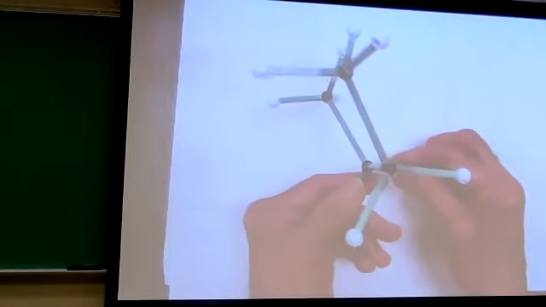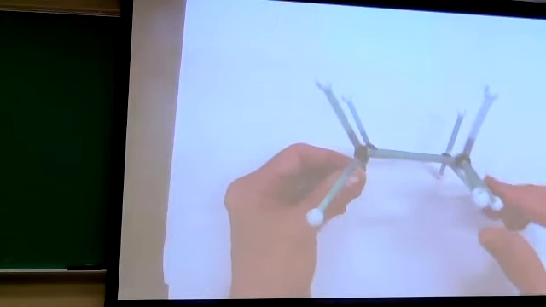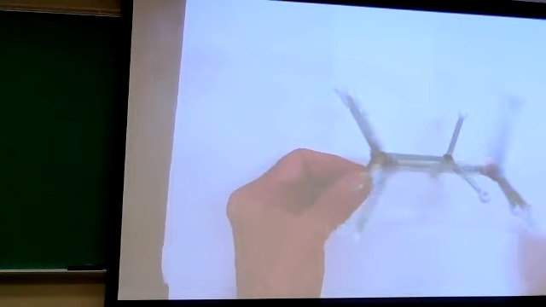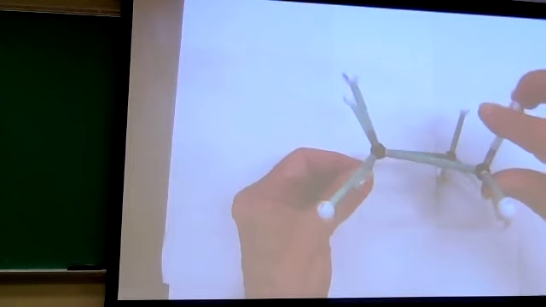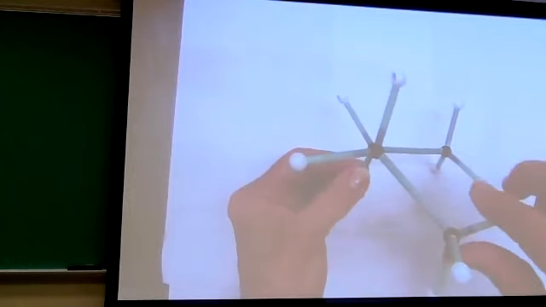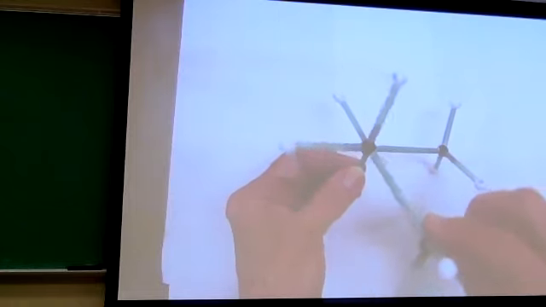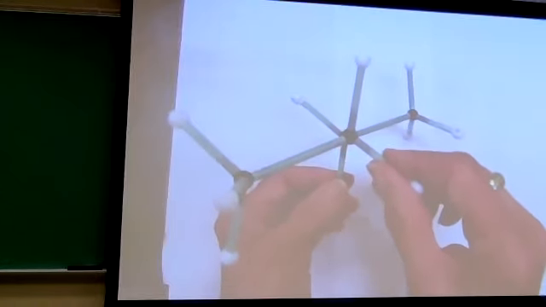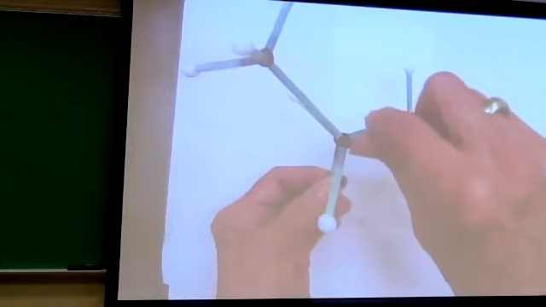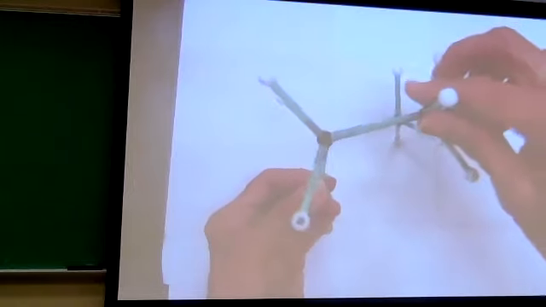And now you can see that I'm putting this like it's a Newman projection. We're looking down the C2, C3 bond, and you can see the rotation. So this was eclipsed, staggered, eclipsed, staggered, etc. Eclipsed, staggered, eclipsed. Now, I might point one thing out here, and that is that